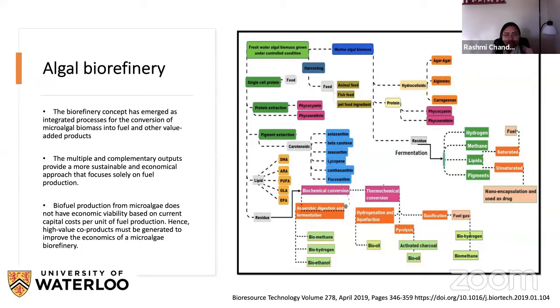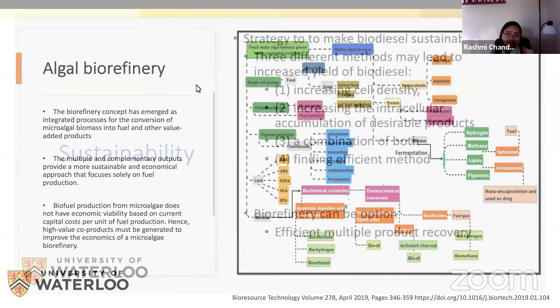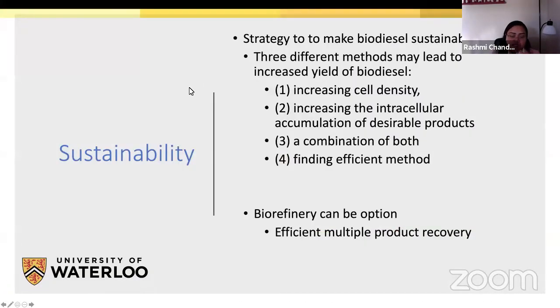So now we need to focus on algal biorefinery. My first project, what I'm going to discuss today, is basically the recovery of mycosporine-like amino acids. Second, I'm going to talk about a process where we can change the process and parameters to recover the maximum of the products. And third, I'm going to introduce something which looks sustainable in the near future.